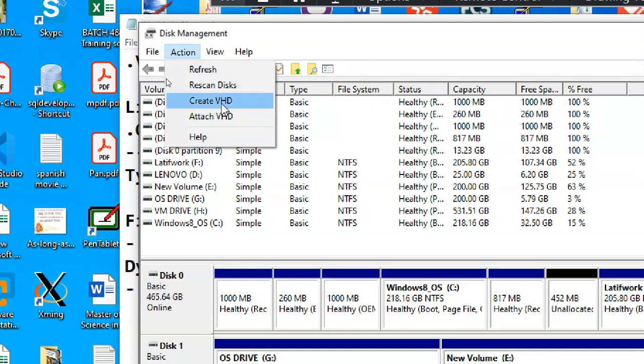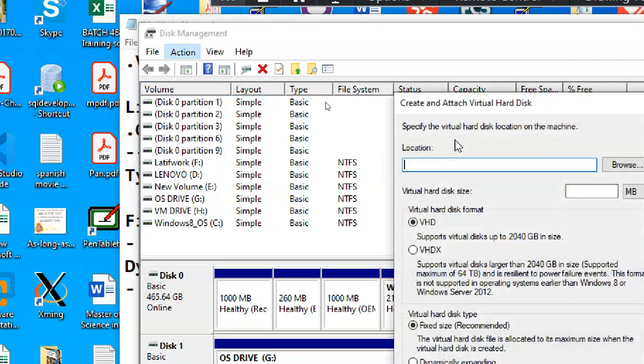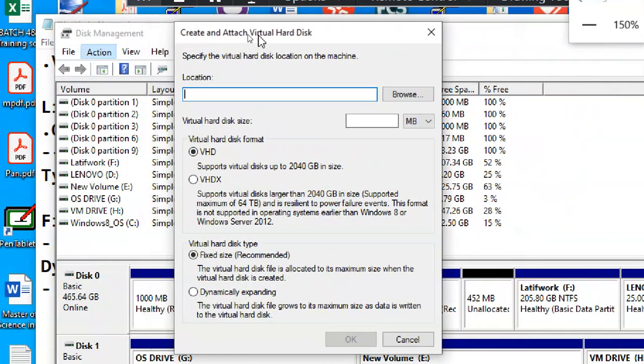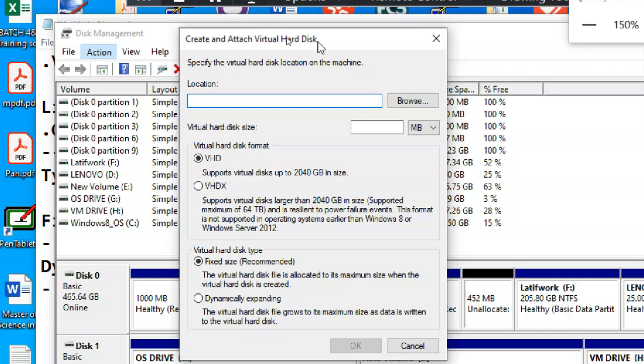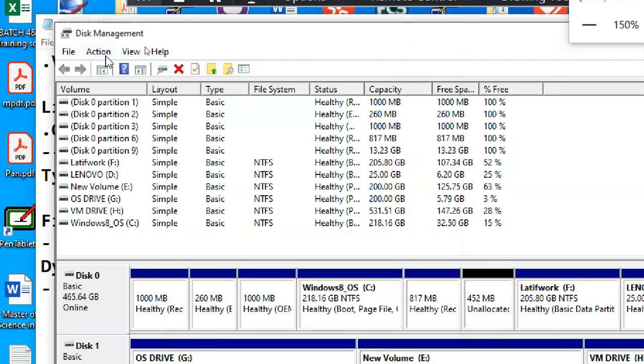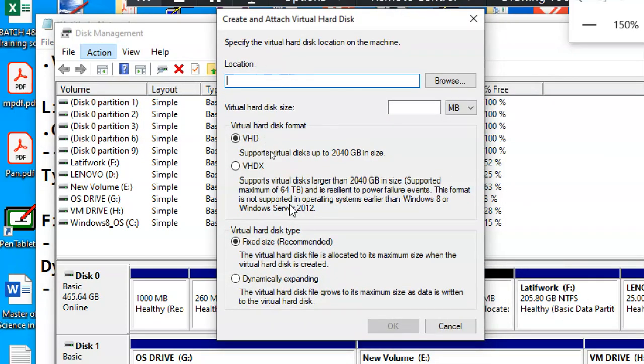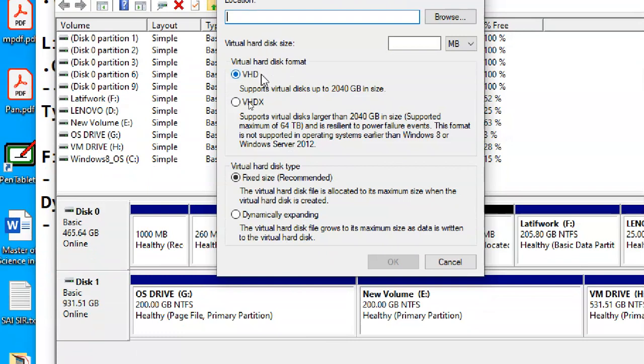Create VHD. Go to action, create VHD. Now this is create and attach virtual hard disk. So how to open disk management: action, create VHD. Okay, and what are the two formats? VHD and VHDX. VHD supports up to 2 terabytes, and VHDX supports larger than 2 terabytes, and the maximum is 67